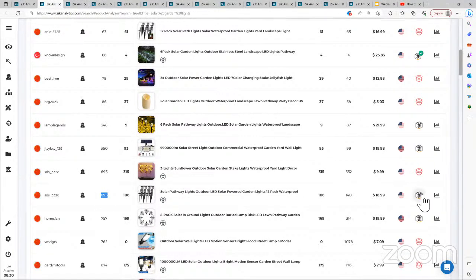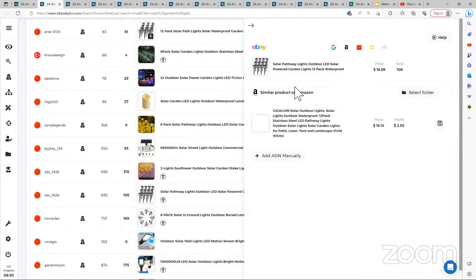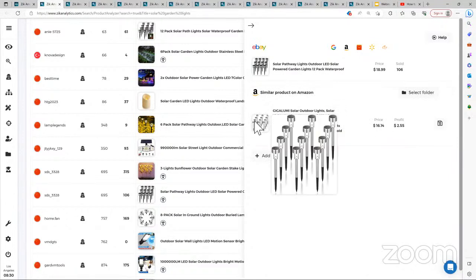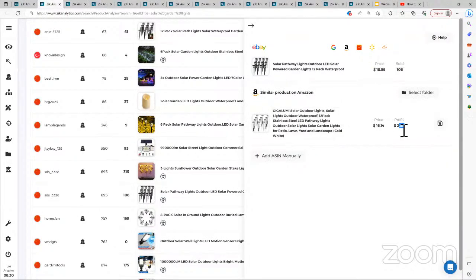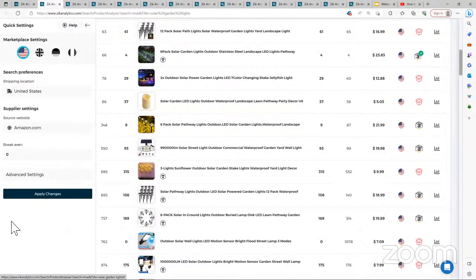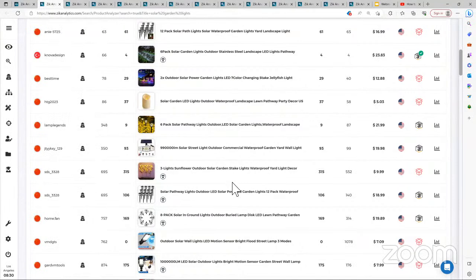Now I can use this to bring a similar item. If we don't have the grid check here, it's bringing a similar item from AliExpress, from Amazon in this case. And you see that we come up with this product. If we're selling for the same price here, our profit will be $2.55. This includes everything, including breaking even and everything. Okay, all the calculations you can set up. By the way, in Zik, you can set up your calculation here. Okay. Now,